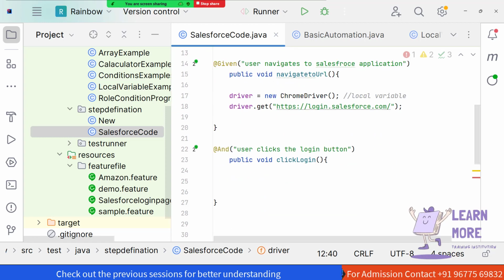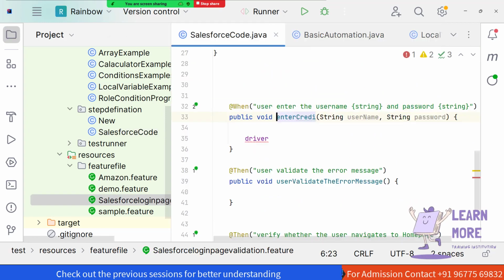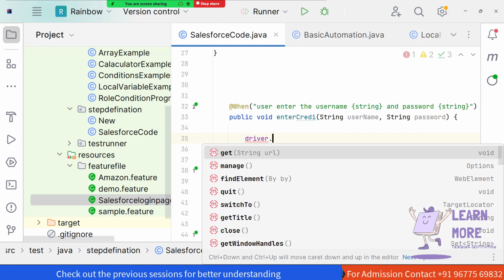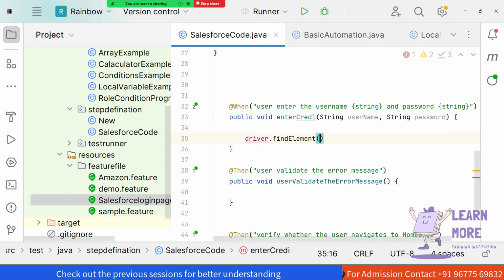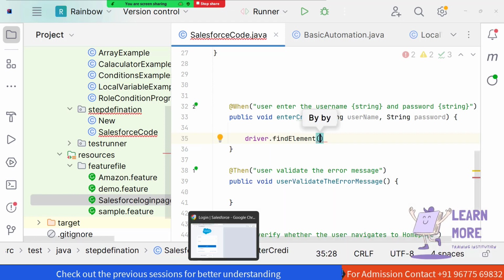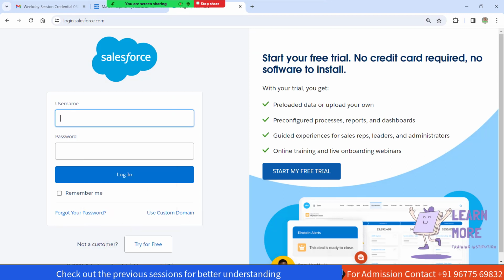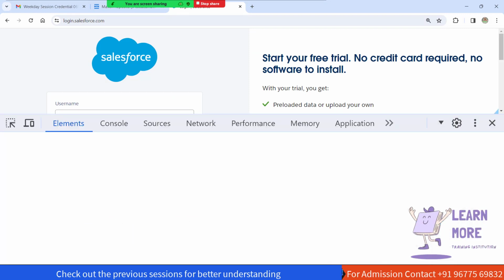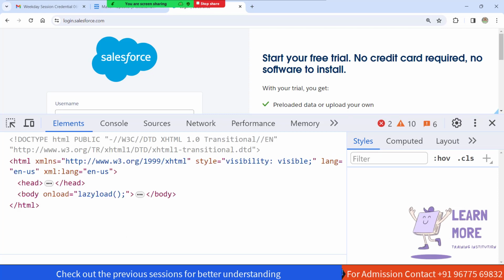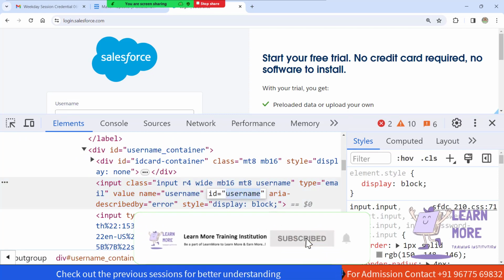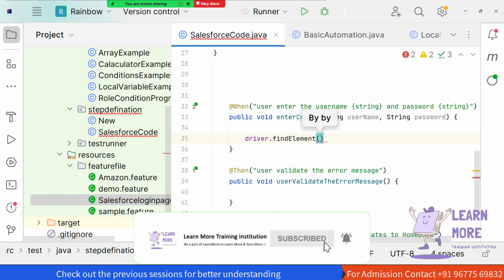Now if I type driver dot, I will get all the options. The reason is that the WebDriver is initialized as a global variable and not as a local variable. So now we can do the automation quickly. I can use driver dot find element. I can right click and inspect, and whatever is available, you can choose any locator property of your choice. If you are planning to use an id, go ahead and use an id. So I can say driver dot find element